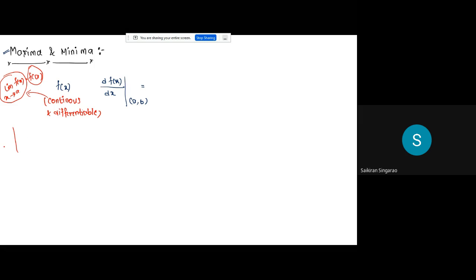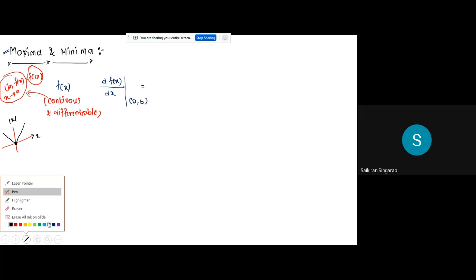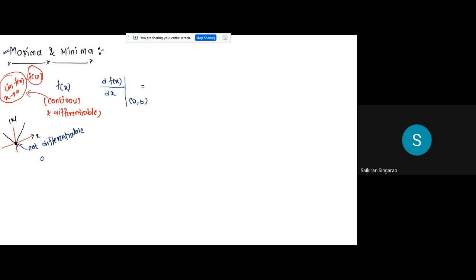Differentiability is like this. This is a very common example. You might have studied it a lot of times. Whose graph is this, sir? What graph is this which I'm drawing here? Modulus of x graph. Now, modulus of x is not differentiable at x is equal to 0. Why is it not differentiable at x equal to 0? Can anyone tell me? Does anyone know this?